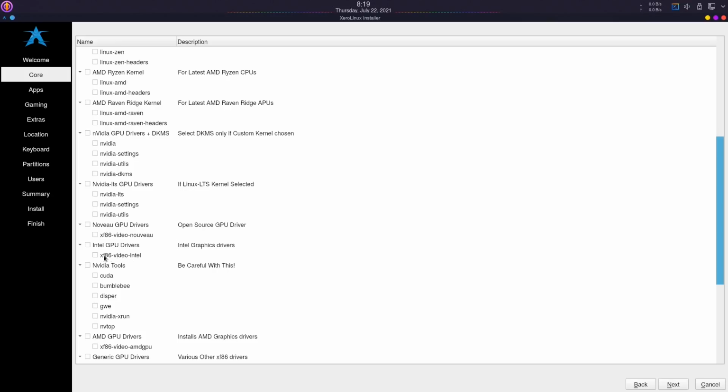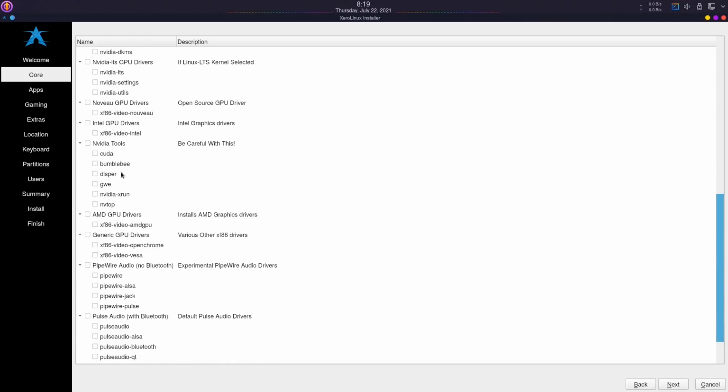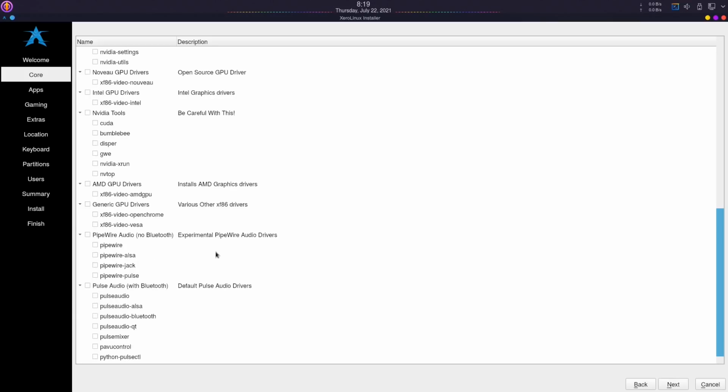We have also Intel drivers if you want to install it. I'm going to use in my laptop the Mesa driver, which comes pre-installed anyway. We have some NVIDIA tools like CUDA, Bumblebee, and others here if you want to install these. We have also the open source AMD driver here, the AMD GPU in case you have an AMD card. And we have some generic GPU drivers like OpenChrome and Vesa. We have also the choice here to install Pipewire and Pulse Audio. In my case, I'm going to select Pulse Audio with all the options here,